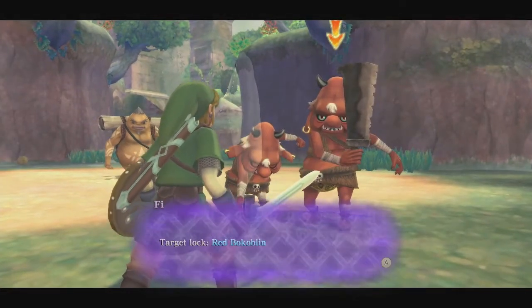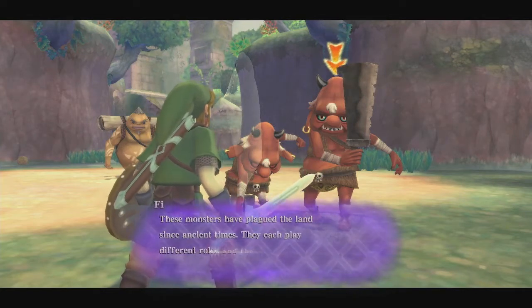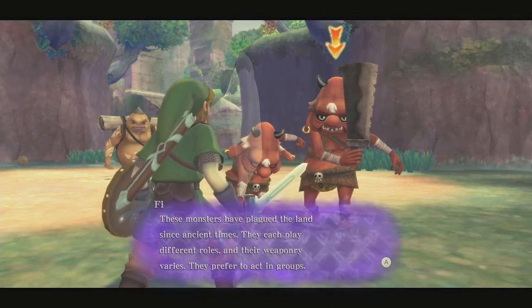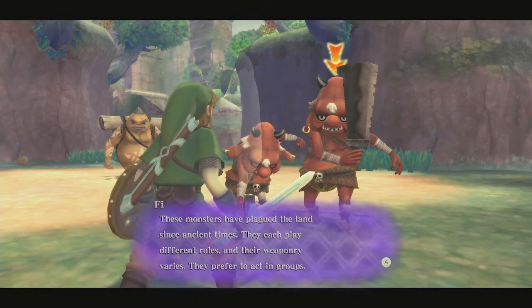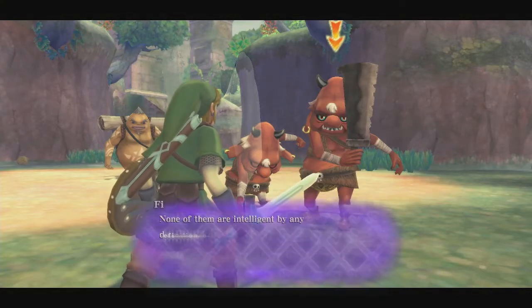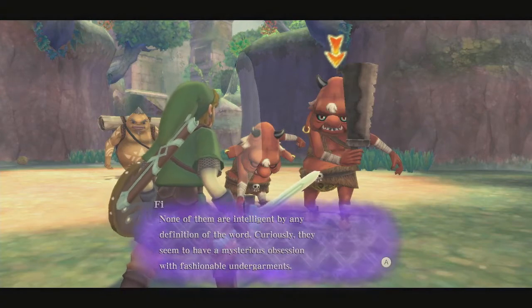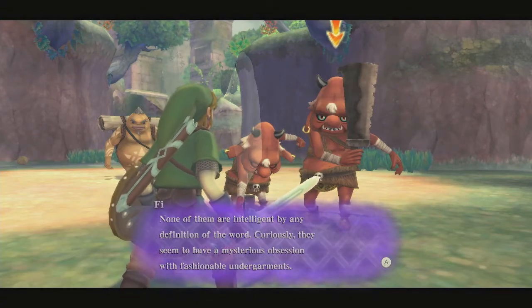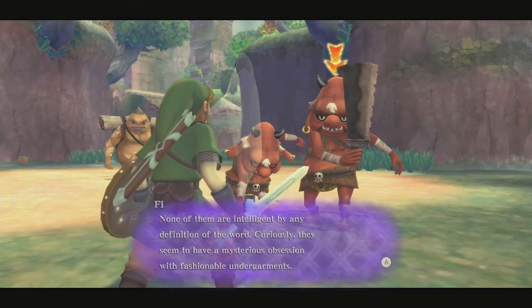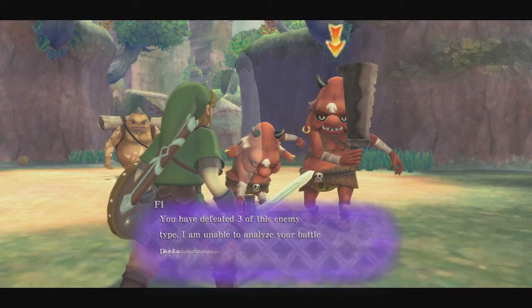Target lock. Red Bokoblin. These monsters have plagued the land since ancient times. They each play different roles and their weaponry varies. They prefer to act in groups. None of them are intelligent by any definition of the word. Curiously, they seem to have a mysterious obsession with fashionable undergarments. You have defeated 3 of this enemy type. I am unable...